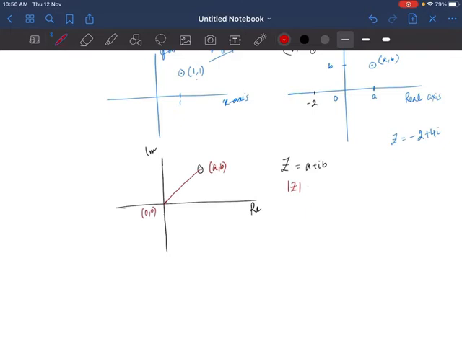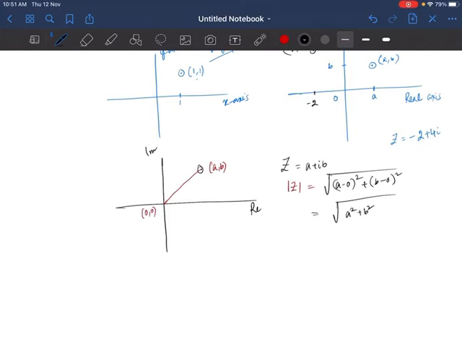Now listen very carefully. We have learned the distance formula in our lower classes, and by using the distance formula, we used to find the distance between two points. So here the two points are (a, b) and (0, 0). Let us apply the distance formula and find the length of the red line. It will be equal to root over of (a minus 0) whole square plus (b minus 0) whole square, and that is equal to root over of a square plus b square.